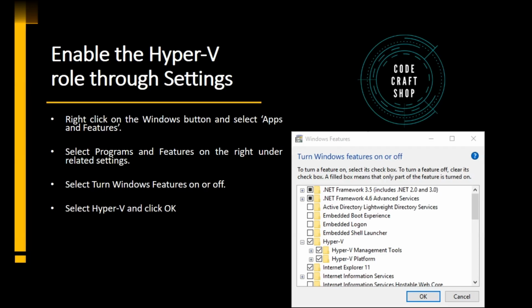Once we click this option, we will get a window similar to the one seen in the screenshot, where we need to check the option Hyper-V, and the sub-options should be checked. Once we click OK, it will apply the settings, and then it will ask us to reboot the system. Once the system is rebooted, we will get the option of Hyper-V.